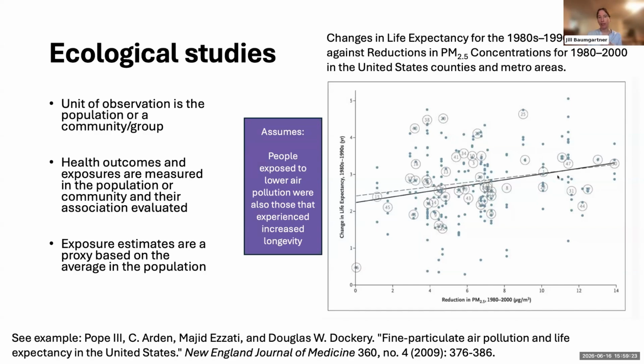So this is what we call the potential for ecological bias here, right? Life expectancy improved and air pollution was reduced, but are the people that were exposed to air pollution also the same people that experienced increased longevity? It's assuming that the methods of measurement of exposure and health outcomes are the same across all of these populations. And you also don't know whether people exposed were also those that experienced that reduction in mortality over time. So this is the main challenge with these types